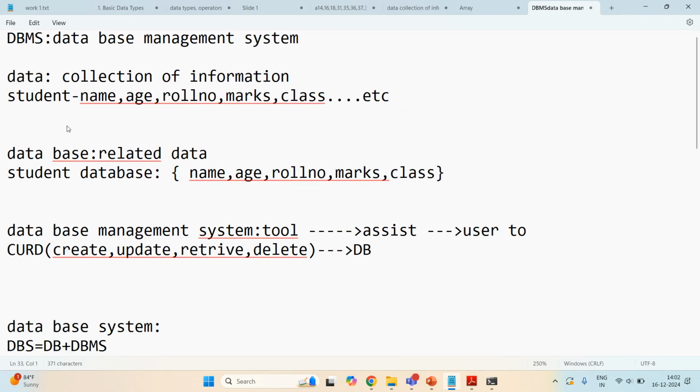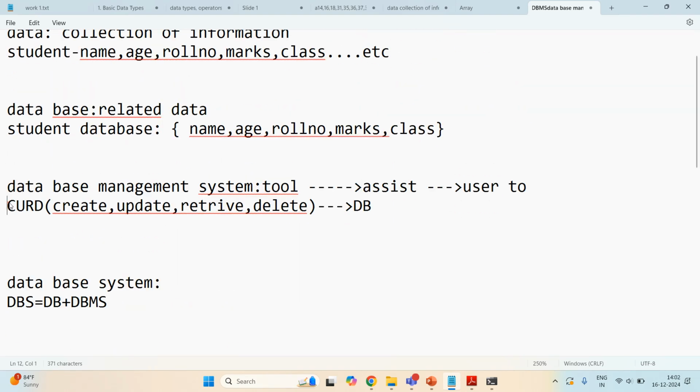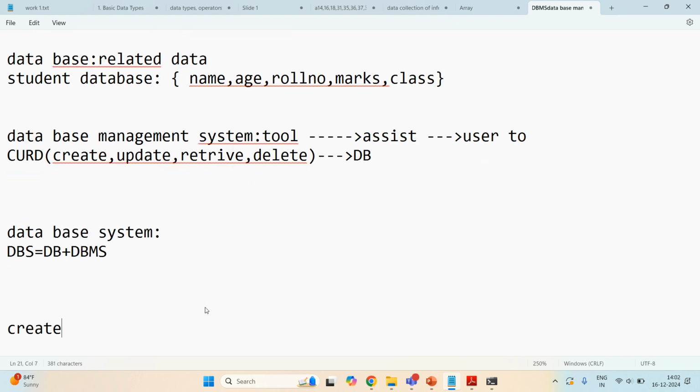To work with the database, what are the properties that we have given? What are the properties that we have written? Create, update, retrieve, delete. Okay. For example, if I'm specifying that create,